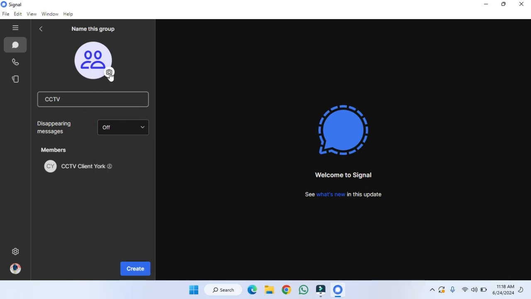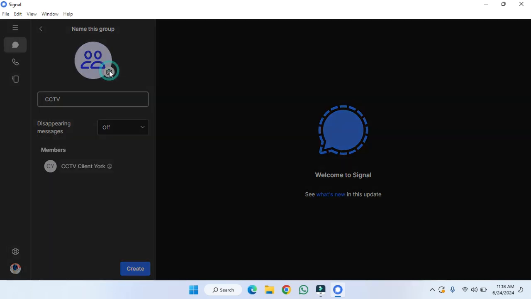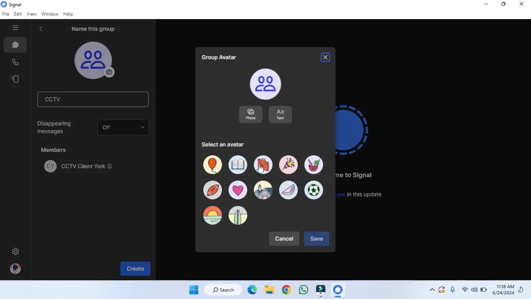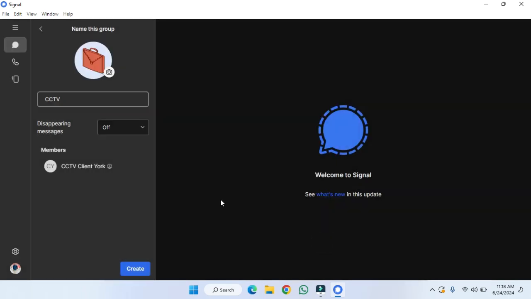And as you can see, the image option is also provided. If you want to add an image, you can also do that. You have to click on this. For example, I'm going to choose this. You can also choose an avatar. You can also upload your own image as well. And then we have to click on save. And after clicking on save, simply you need to click on create, and after clicking on create,